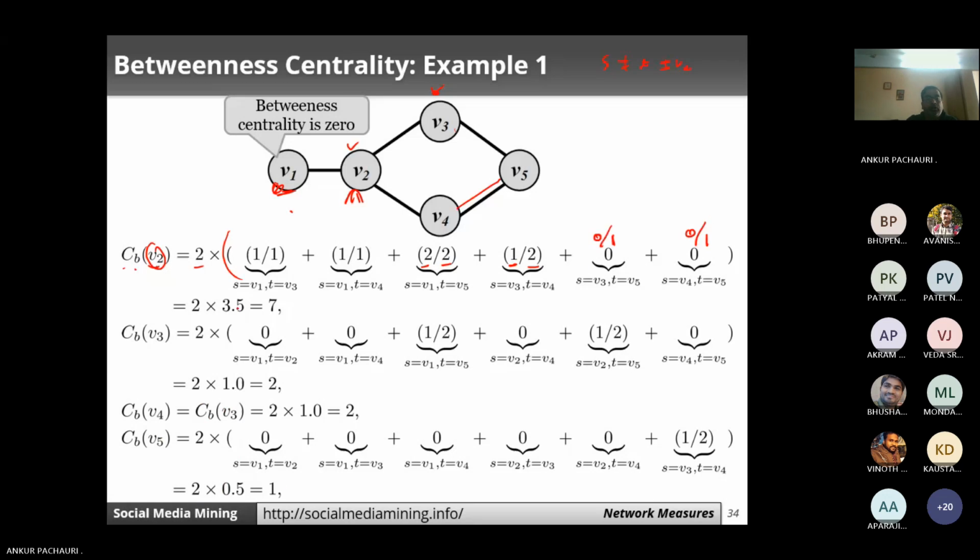Okay. So 1 by 1 means 1, 1 plus 1, 2, plus 1, 3, 3.5. 3.5 into 2 comes out to be 7. So 7 is the betweenness centrality for node number 2. Okay. Similarly, I'll have to find out for V3. So if V3 is my node of interest, or node of target,